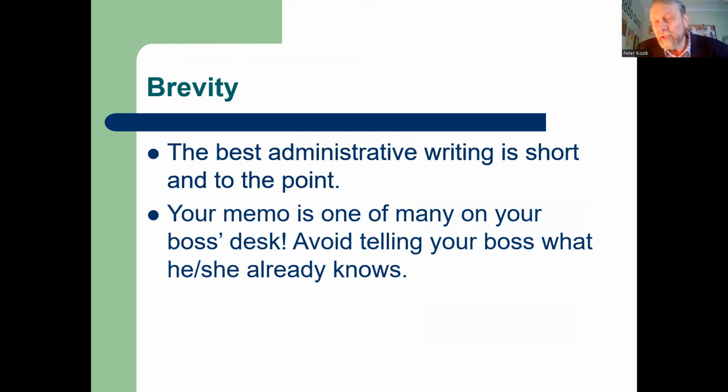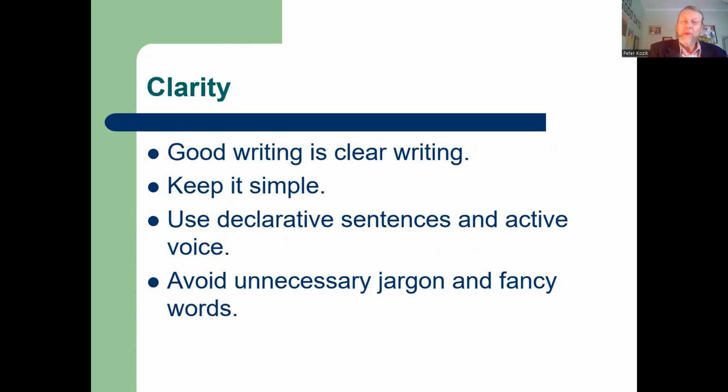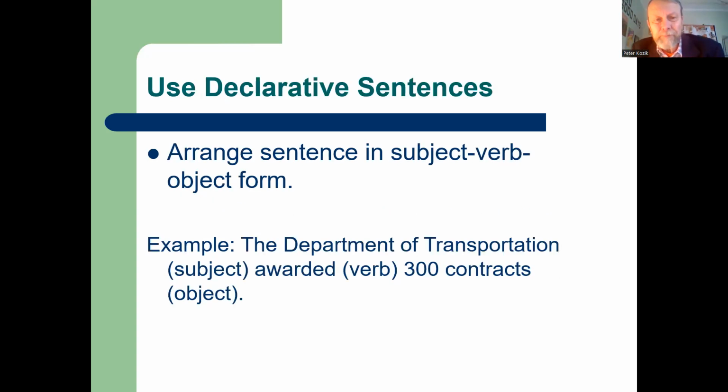You're going to start off in sentence 1. Here's my recommendation. And you're going to build the argument for the recommendation by looking at different options and creating an implementation plan. So yeah, your Board of Education probably gets several different memos for each of its meetings. Yours really needs to stand out. Make sure that your writing is clear. Keep it simple. Use declarative sentences and stay away from fancy talk. Use declarative sentences, again, subject, verb, subject, predicate, all the way through.